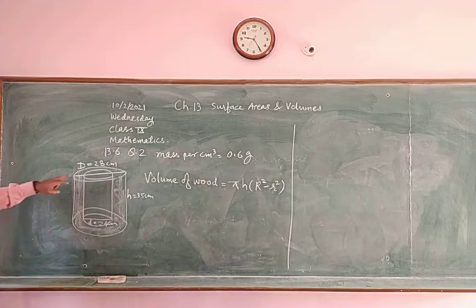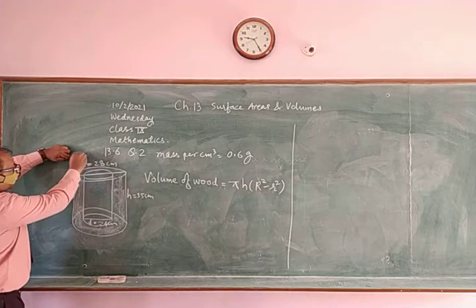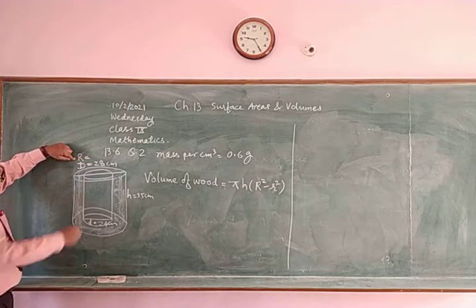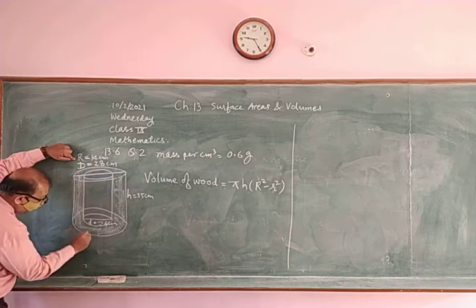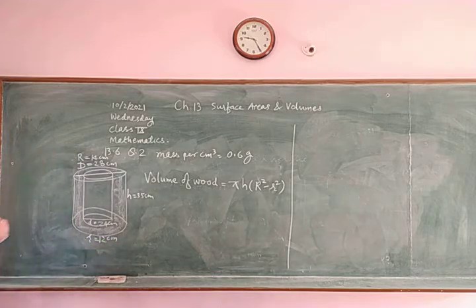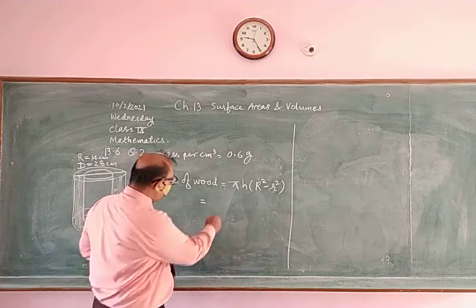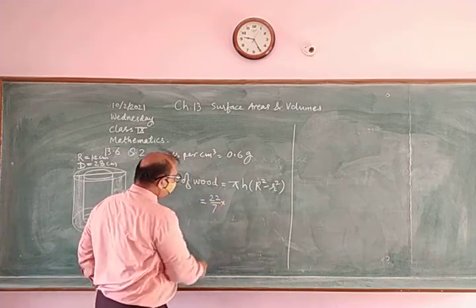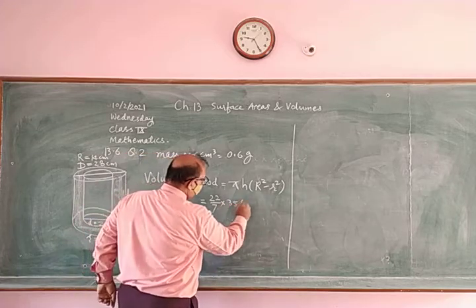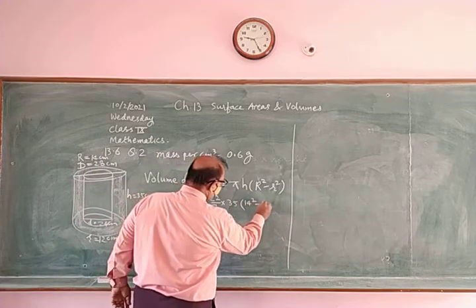Now look here. We have been given the diameter, so convert the diameter into radius. Radius will be 14 centimeter, and here small r is equal to 12 centimeter. Okay? Yes, sir. So volume of wood is equal to pi, 22 by 7, h 35, into (14 square minus 12